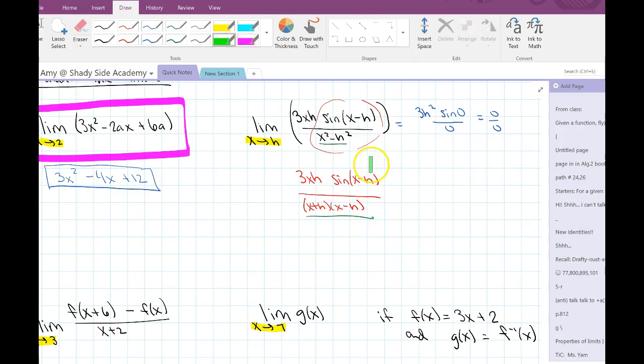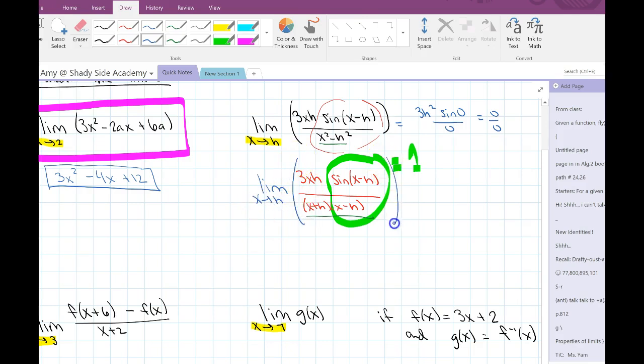But then I think you see that this portion equals 1. So now when I go back and address the limit as x approaches h of all of this, then it will equal 3h squared all over 2h,